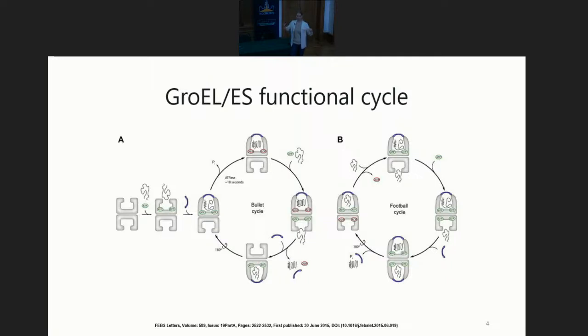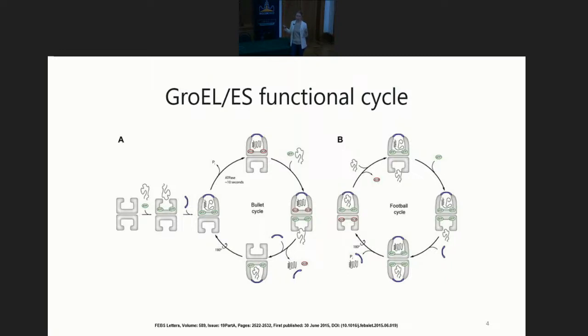Then what happens? The apical domains elevate. They catch the violet GROES head. The protein becomes trapped in the folding chamber. Then the ATP slowly, or not so slowly, depends, hydrolyzes, and you now have ADP molecules, and the second ring begins to do its job, so it binds another molecule of substrate protein and another 7 ATP molecules. Here you have what they call a bullet-type complex, because it is shaped like a bullet, basically.